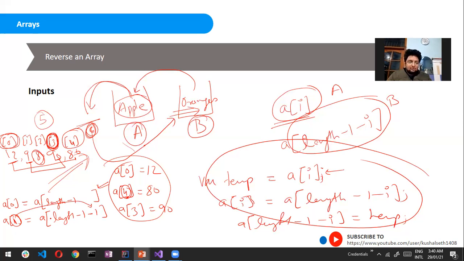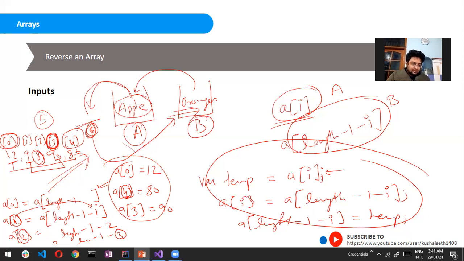But as you try with more samples, like with 2 and 3, if you make this array a bit longer, you will see a pattern. It will increase like this: length minus 1 minus 2, length minus 1 minus 3, and this will be the index of the current index which is currently running.